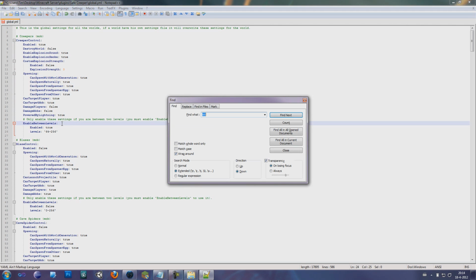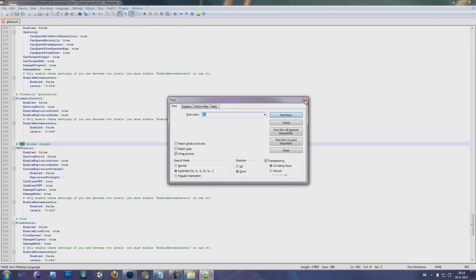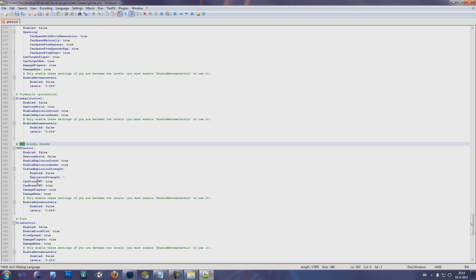There's also a TNT control. With can place TNT you could set if players could place a TNT block, and with can break, of course, you could set if players are able to break a TNT block. When those two things are set to false, players with the bypass permission node are still able to place and break those blocks. So just set enable to true,